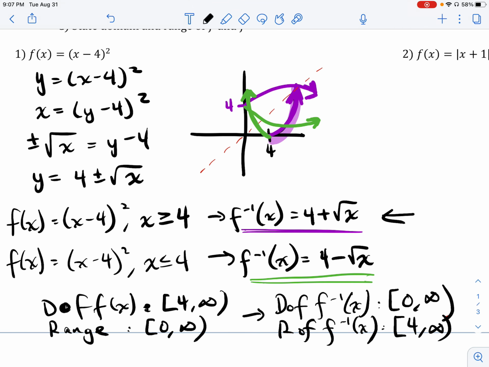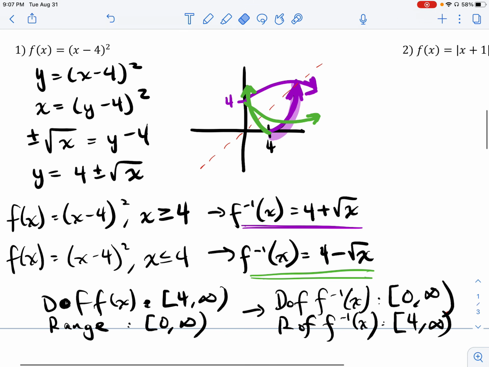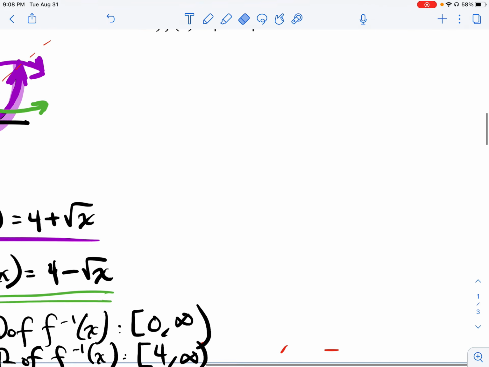Okay? So hopefully this helps break down how we would approach a function that is not one-to-one, like we saw in the original parabola. This original parabola was not one-to-one. And then we would restrict the domain either as x is greater than or equal to 4 or less than or equal to 4, and find its corresponding inverse. And understanding again, to reiterate, that the domain of our original function becomes the range of our inverse, and vice versa. Go ahead and try this next problem on your own, where it's an absolute value, and